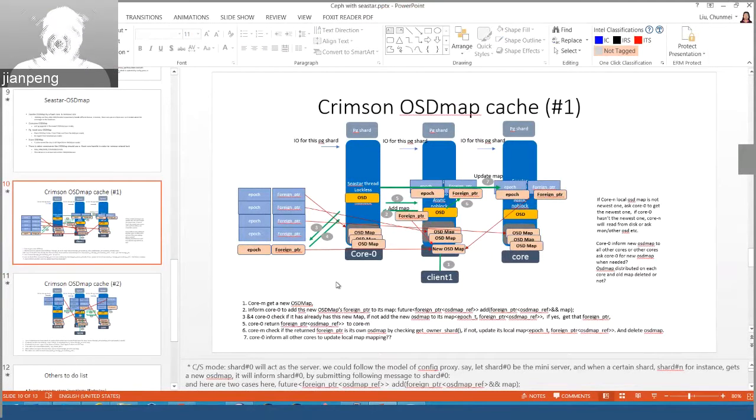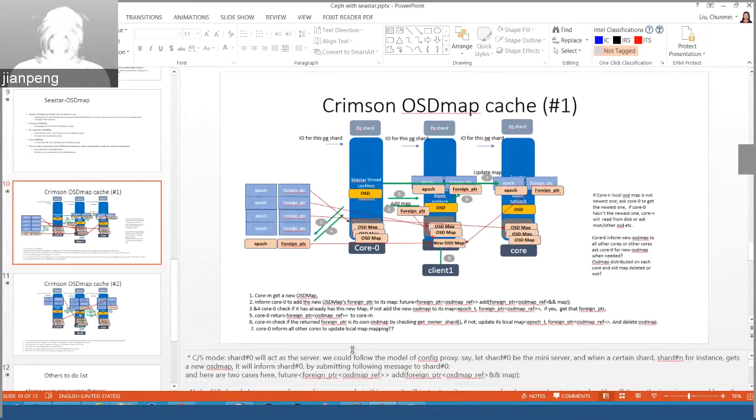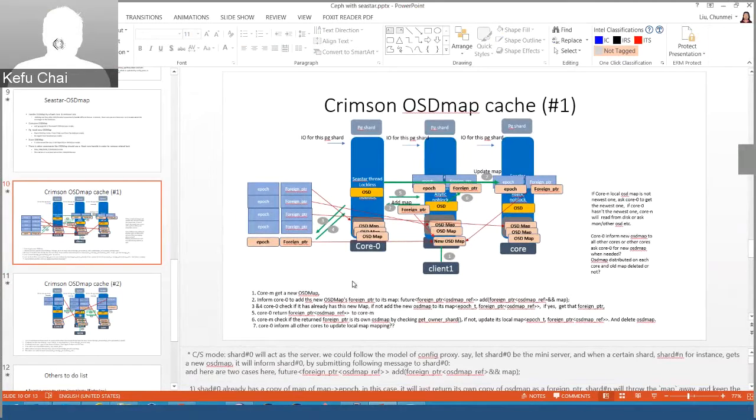I suppose core 0 has the OSD service. Other cores I think only have the newest OSD map, not the OSD map cache. No, I don't think so. Why? It depends, because a PG is not necessarily